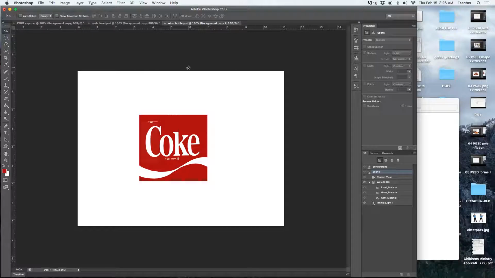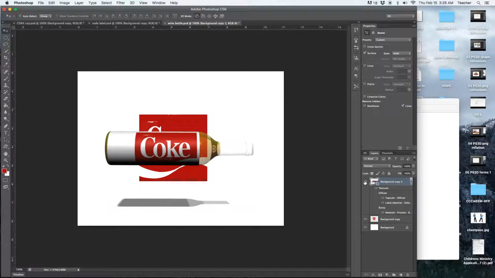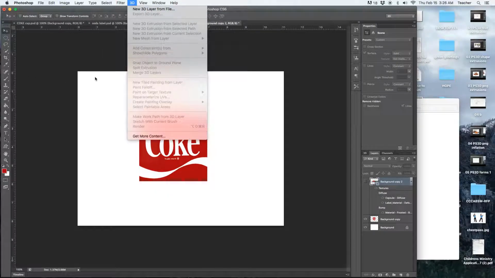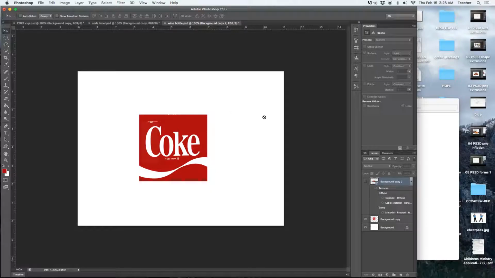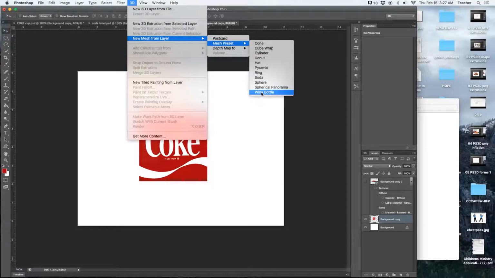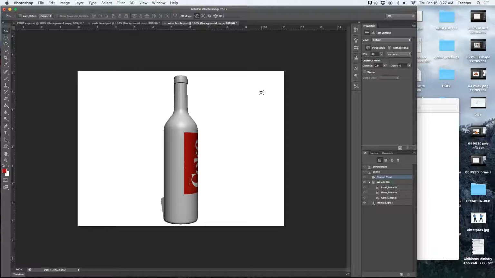How about if I want to use that same label or something like it and wrap it around, for example, a bottle, so that we have something like this. Well, you might have noticed that also in that 3D presets, we also have, I'm going to select this layer here where I have this label, 3D, and go to new mesh from layer, and there's also a wine bottle at the bottom. Now that'll give us a bottle,